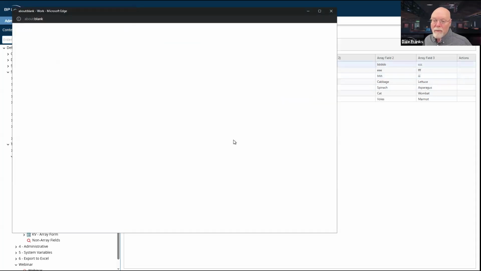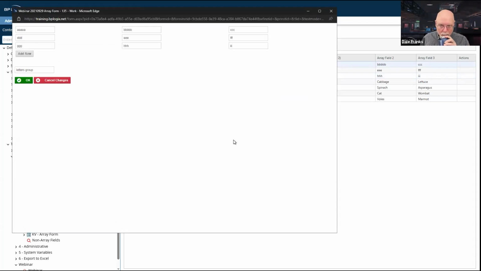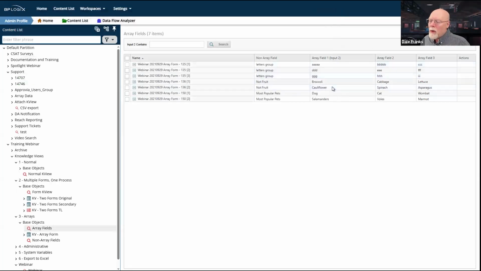I can open the form. We can look at it. As soon as it populates, there's my array. So whenever we do arrays, it's going to return all of those rows. Now, what that means is if I have a field that is not in an array, like this non-array field, that field value is going to be repeated each time.